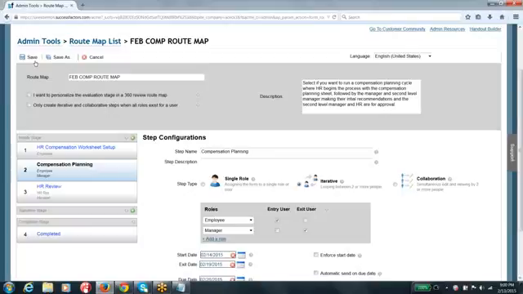And it need not be that, guys. Though you added the standard thing, you don't need to follow it as it is. You can go ahead and delete the steps that you are not interested in. If I am not interested in HR review, I can go ahead and delete that. And I can save this.